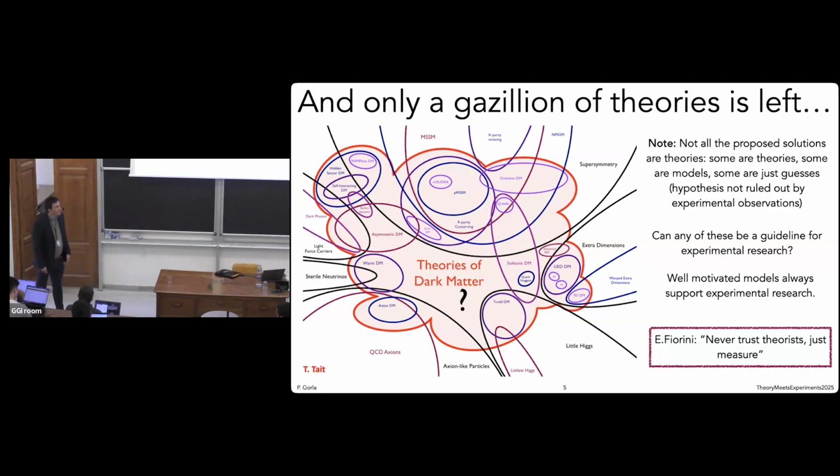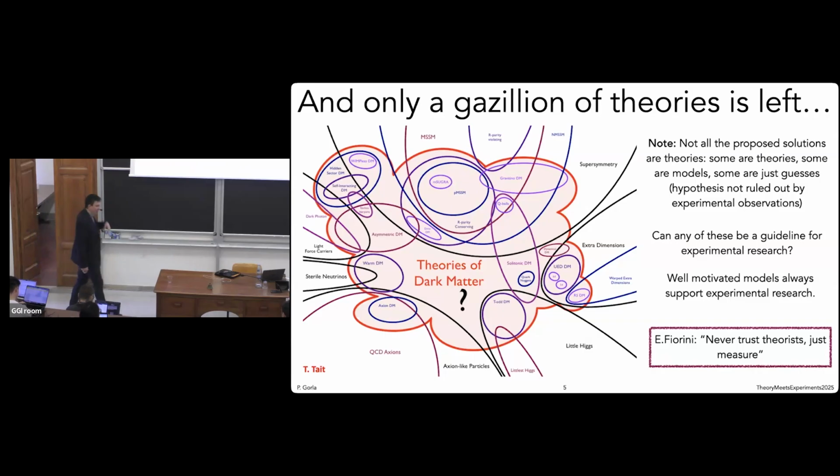So after that, Fiorini was always gathering students and saying, sit and listen to me, never trust theories, because we did the proton decay experiment and proton didn't decay where we expected. This is just kind of a joke, of course, but